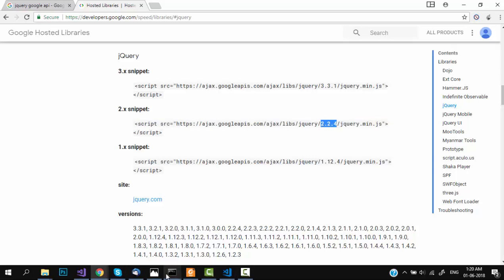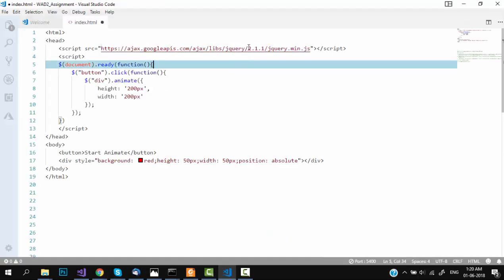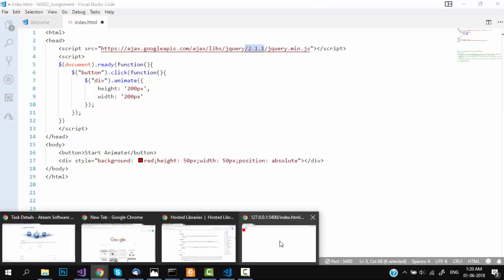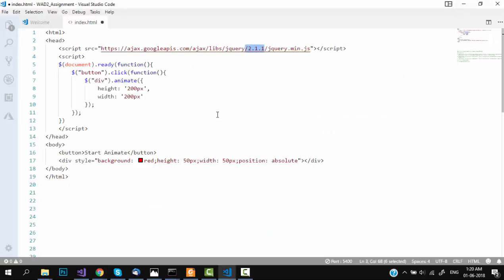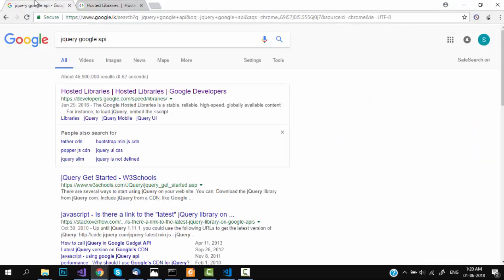So if we look at the code here, we can see it's 2.1.1, and in this one it is 2.2.4. Okay, so this is the place where this jQuery is being fetched from. And then talking about document ready, if you search for that as well, like here in Google,